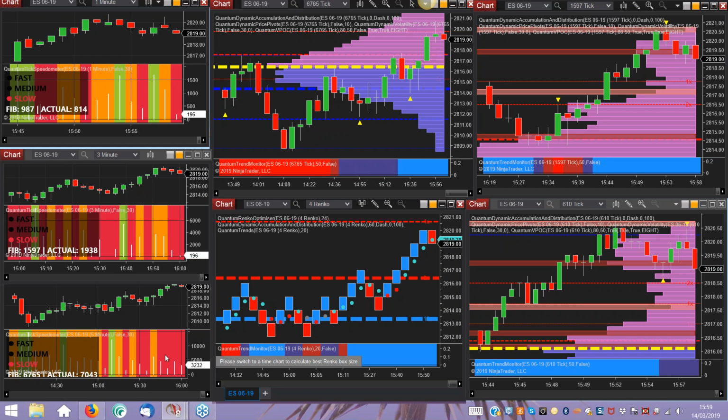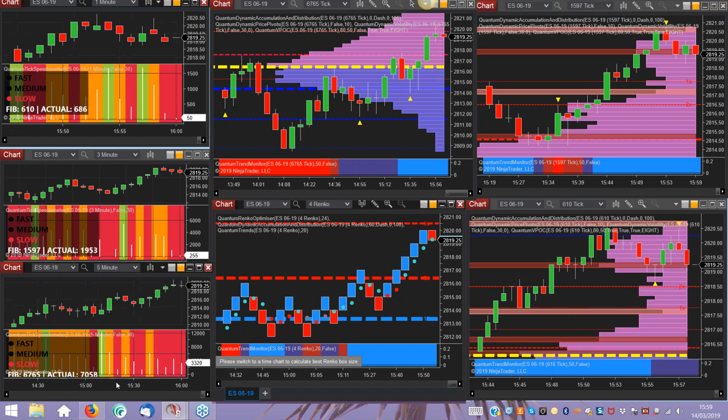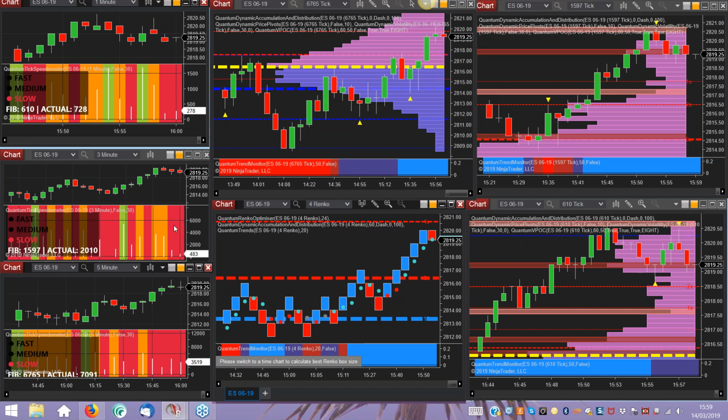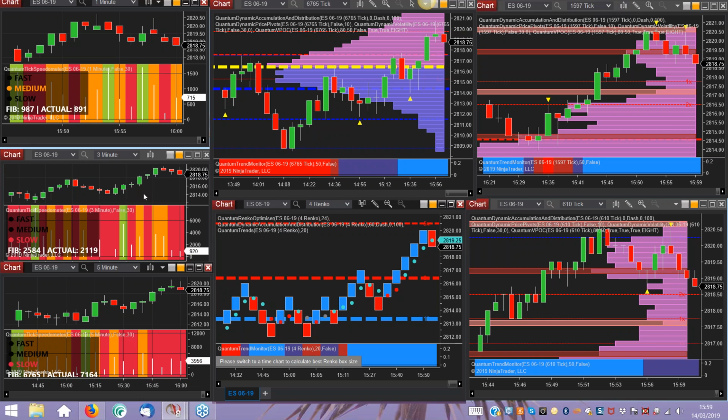But you can also see that the tick speedometer itself has gone into red, particularly on the 5-minute. So we're in a phase of lack of participation. Volumes are falling away. Same on the 3-minute. And we're seeing it on the 1-minute. And at those phases, you will expect to see the price move into congestion because you've got a lack of participation. The two tend to go hand in hand. So until we go back to orange, which is your average, your normal speed, if you will, and then injections of green, which signal injections of activity, of volume,